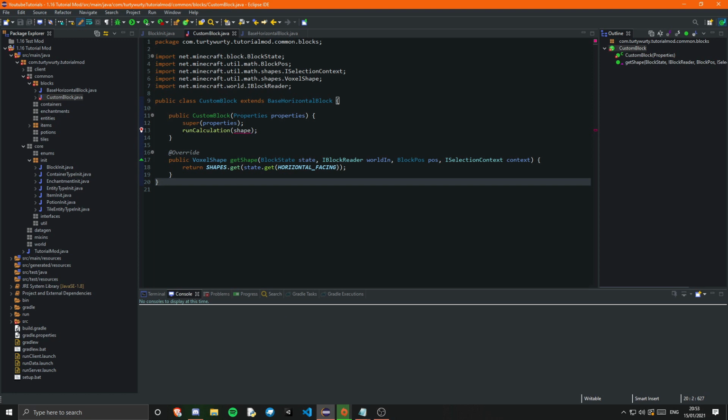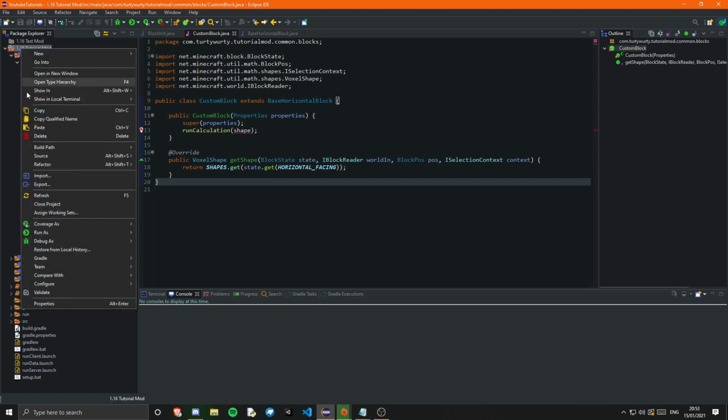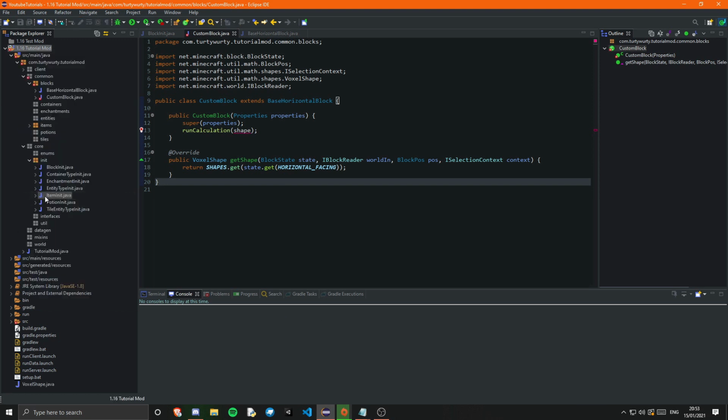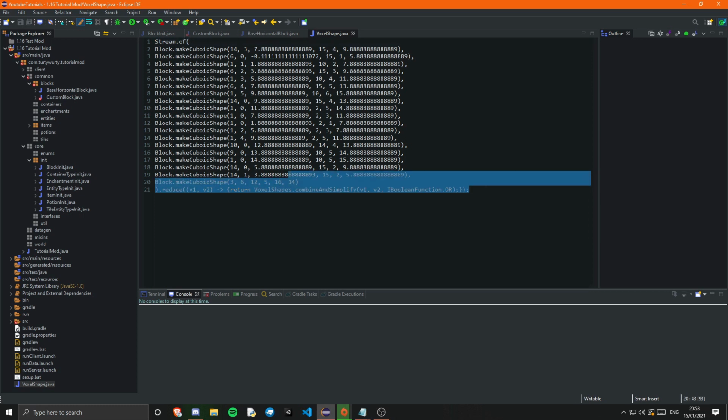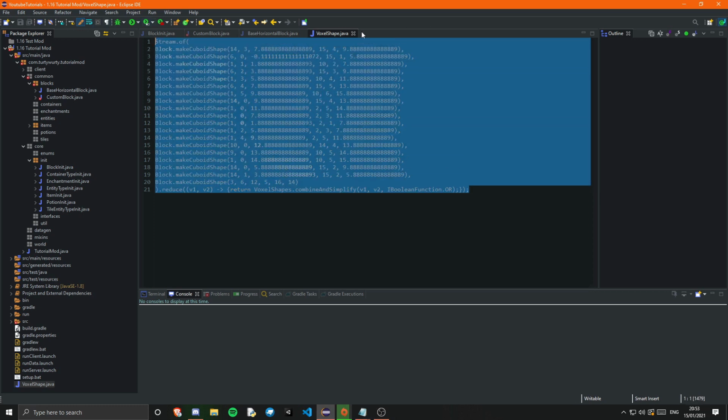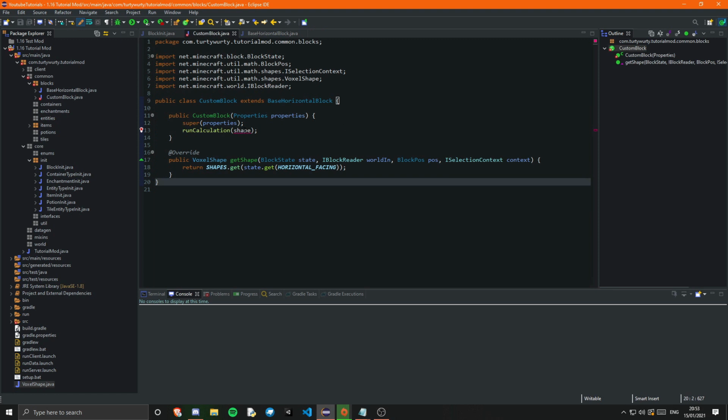Okay, now we have that voxel shape. Let's just refresh our Eclipse so that pops up. There it is. If we open this, we can see a bunch of code, and this contains basically the math for the voxel shape. So you can see I have some really weird values. I built that model with really weird values. I don't know why I did that, but you can just copy this, go into your block class and paste it in here,